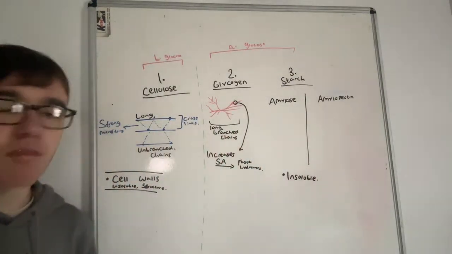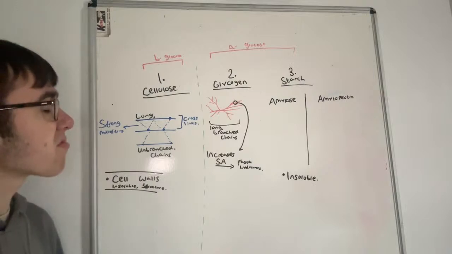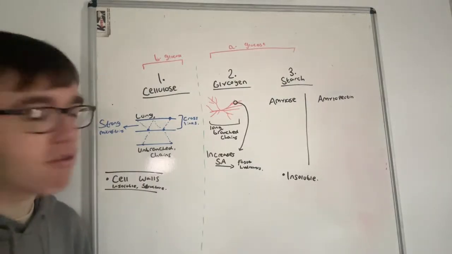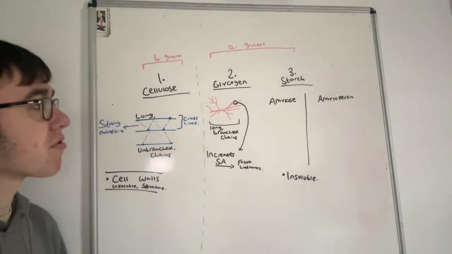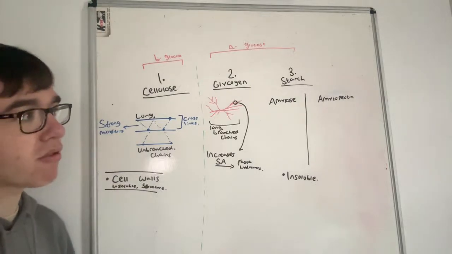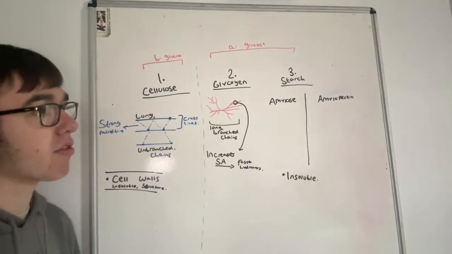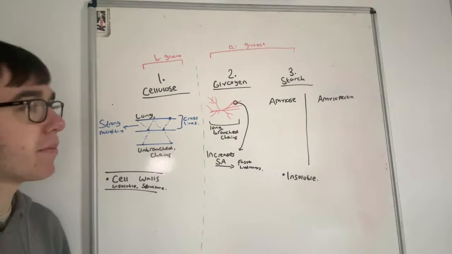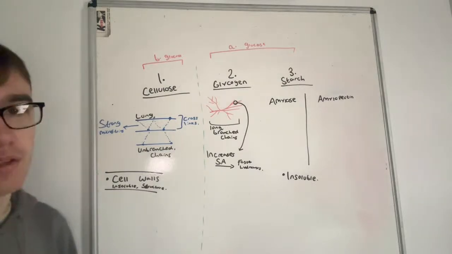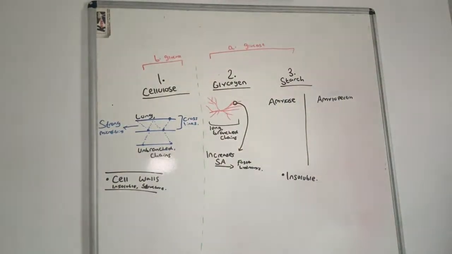The idea you need to remember with starch is that when it is broken down, it becomes soluble. And as a result, starch will affect the water potential of cells when it is broken down into sucrose. That's a very important thing to remember. When it's broken down, it will affect the water potential. I'm going to go quickly check the difference between amylose and amylopectin. I'm going to try not to use my computer much today, but